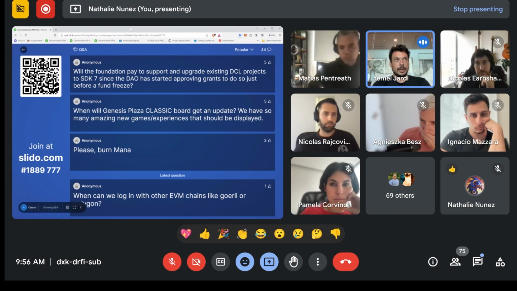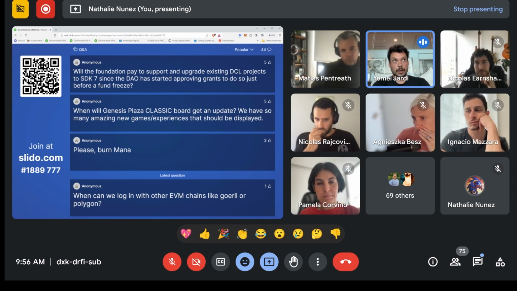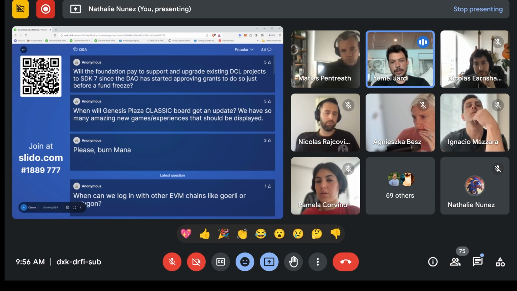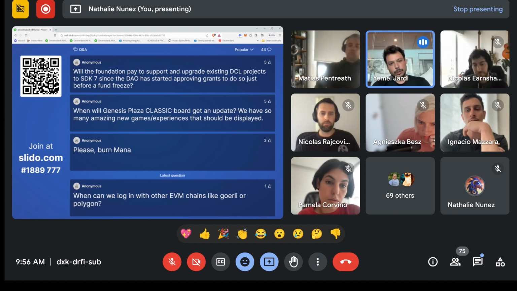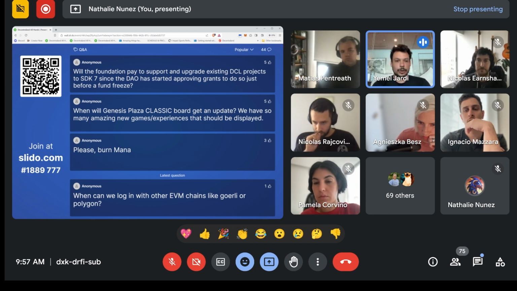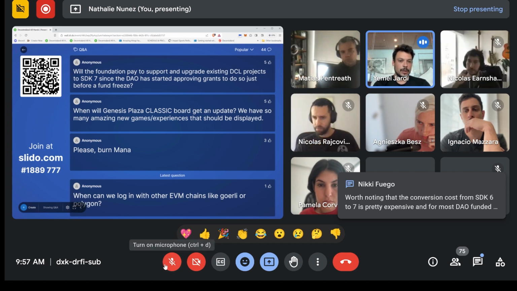Nico Airshow has been sending requests to migrate the scenes from the Awesome repository. So we want to pay for the migration of sample scenes, in order to accelerate the transition to SDK7, but not thinking of funding the port of a particular scene. If you are a creator and you want to port your scene and you want someone to cover your cost, I think that would be the best path.